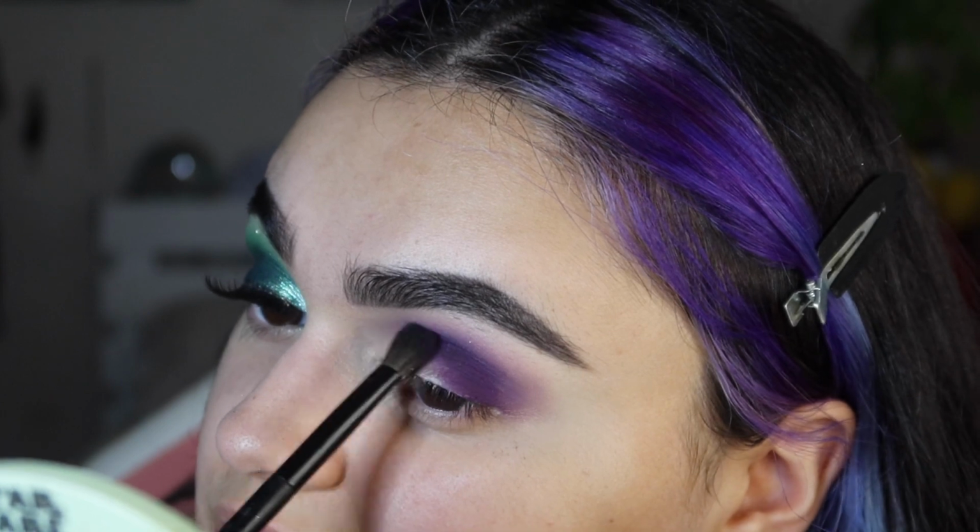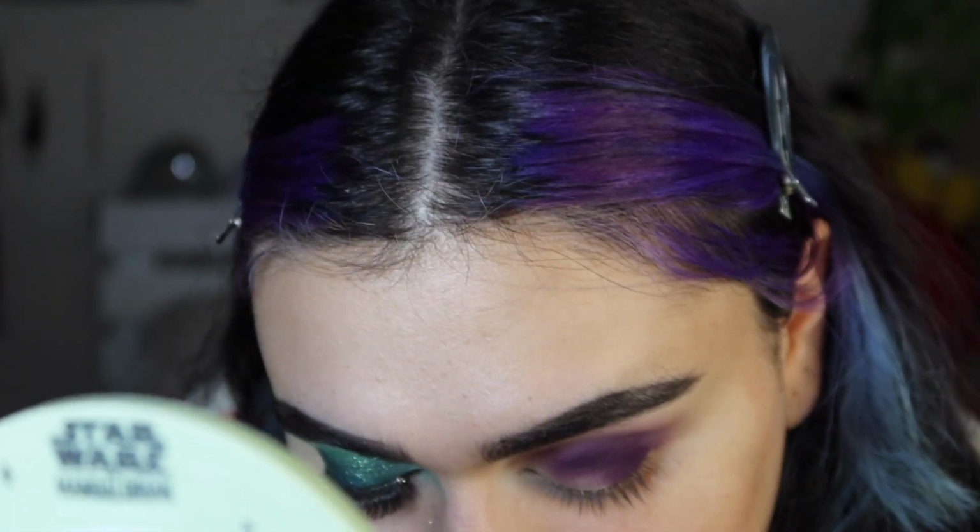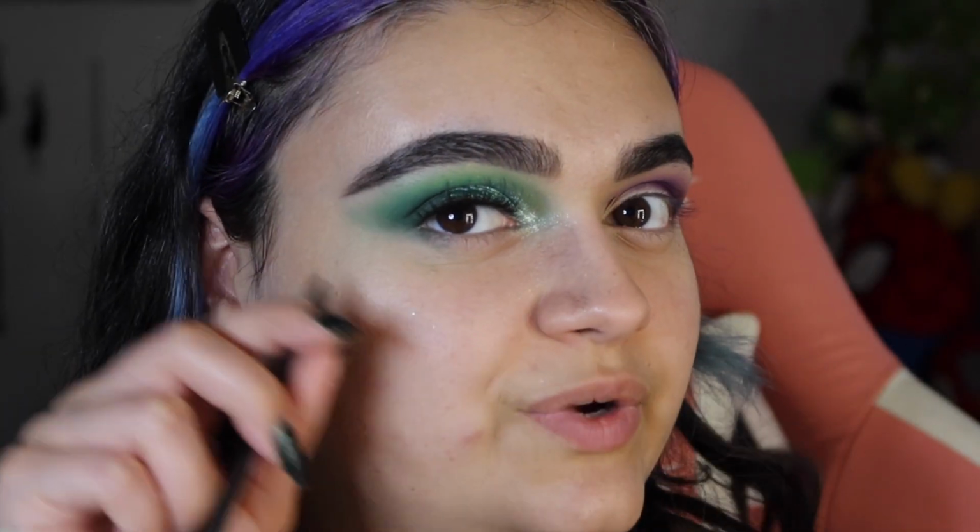So there's still some sparkly shit on my brush, but it's fine because it's working out. I'm not trying to wing this side out as much as I winged this side out, but these colors together are beautiful